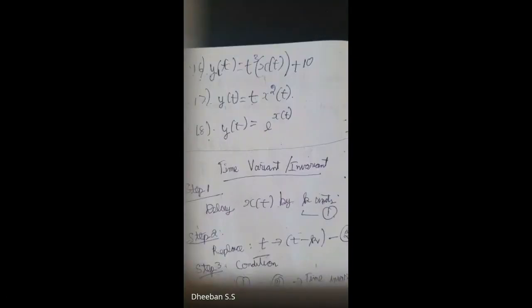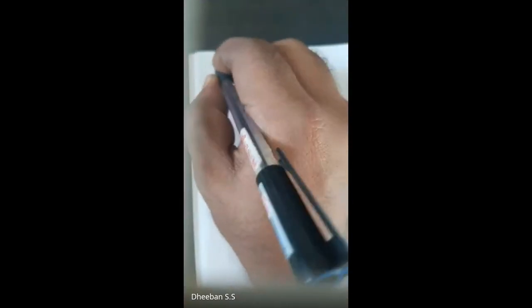Okay, so we'll be moving on to the next part. We have covered linear, causal, time variance and invariance. Now we will be dealing with static and dynamic systems. So the third criteria